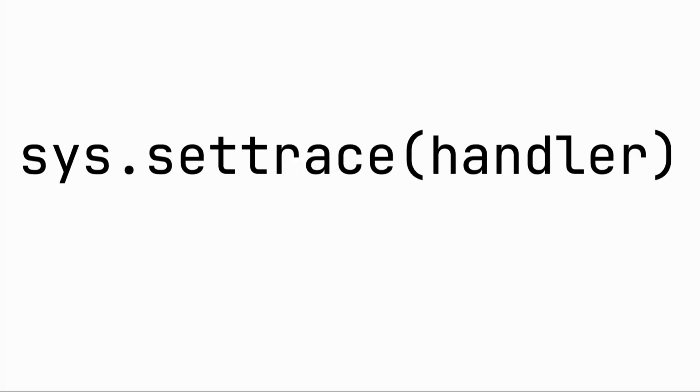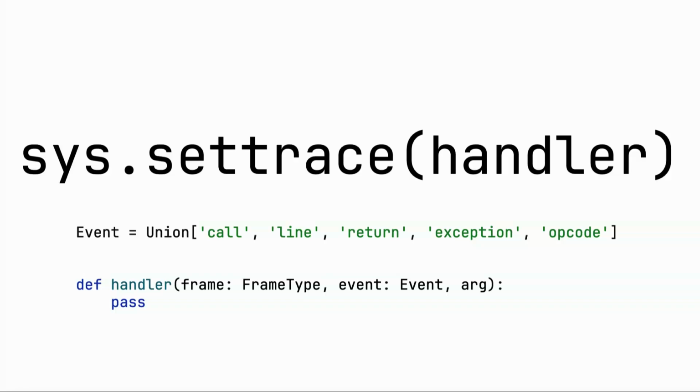You give it a handler, and I hope some of you are familiar with the Python type syntax, but essentially the handler gets a frame, which we saw before, which contains the line number, the file, and everything, and it gets an event, which is essentially the event type. It could be call, line, return, and so on, so what event appeared, and an argument. For example, for line, it could contain the line number.